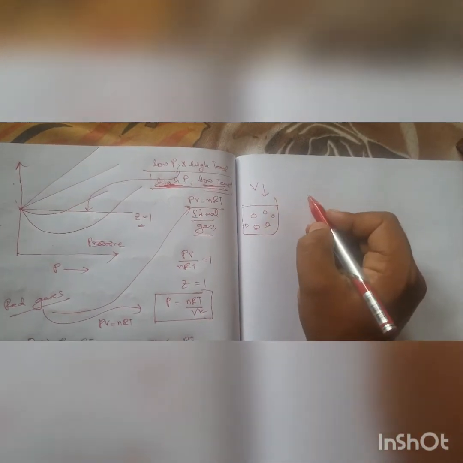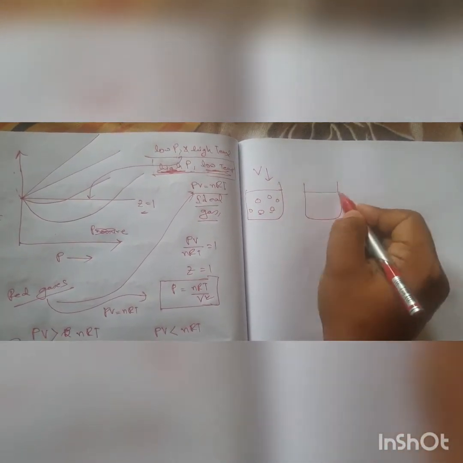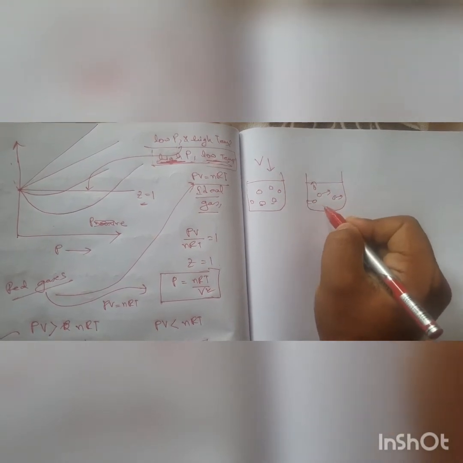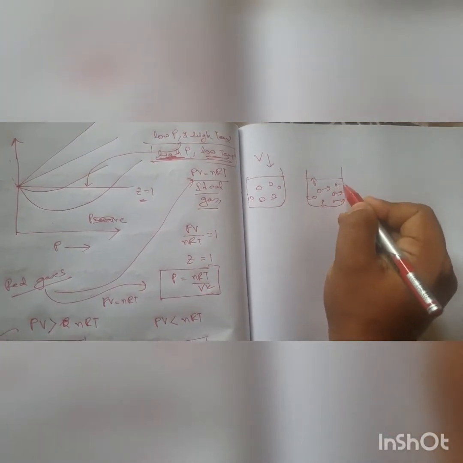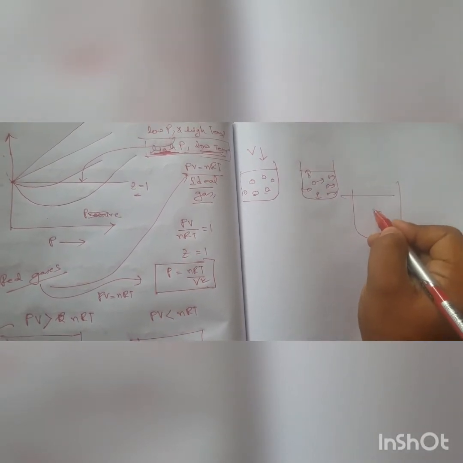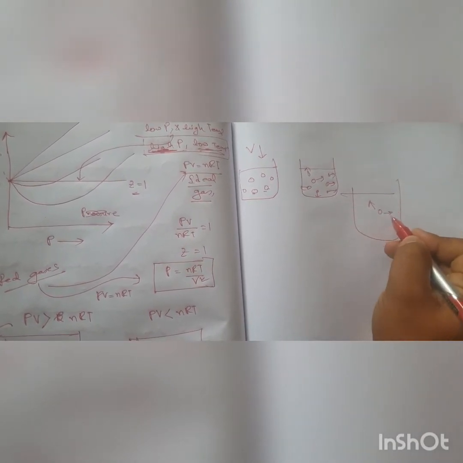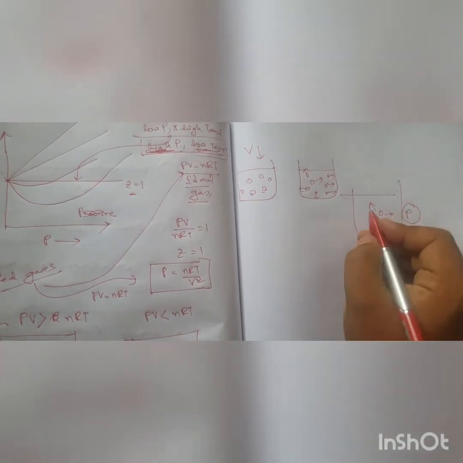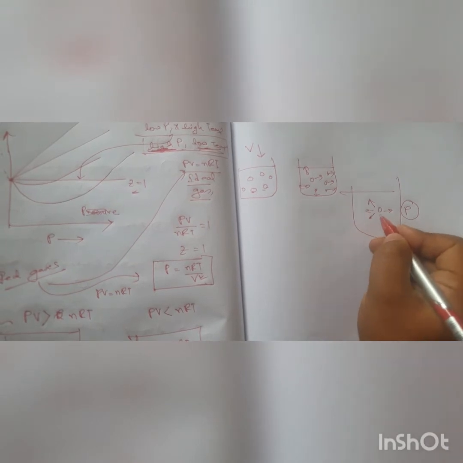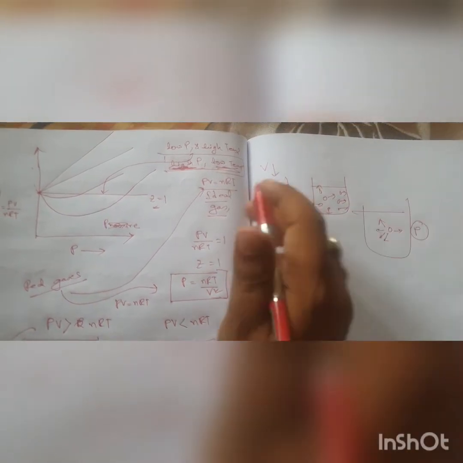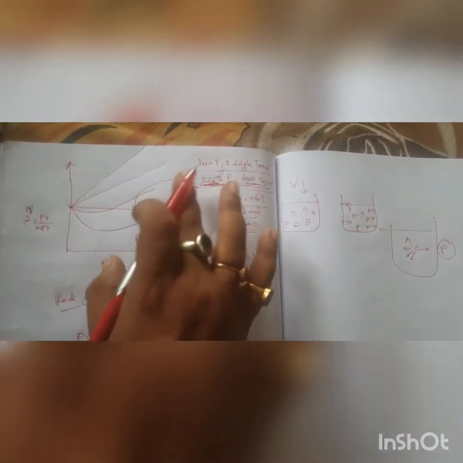Second reason for deviation is that you think these molecules go randomly all around and apply pressure on the walls of the container, which is also a little bit wrong, because surely when this molecule tries to apply pressure on the walls of the container, which gives you the count of P, it is being pulled back and P is lowered a little bit. So these two effects combined show deviation.